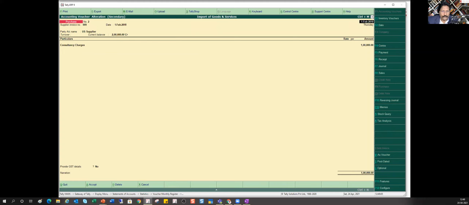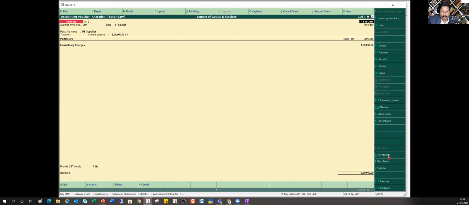Okay, for some of you who are not aware, how do you convert a purchase voucher and sale voucher? You have three modes of capturing purchase and sale: as an accounting voucher, as an inventory voucher. Now this is as an accounting voucher, right? So if you see here on the right hand side, you have this as voucher.